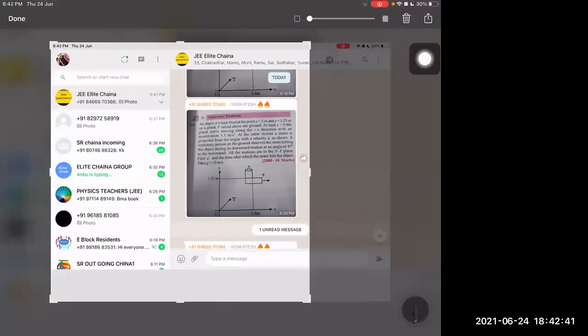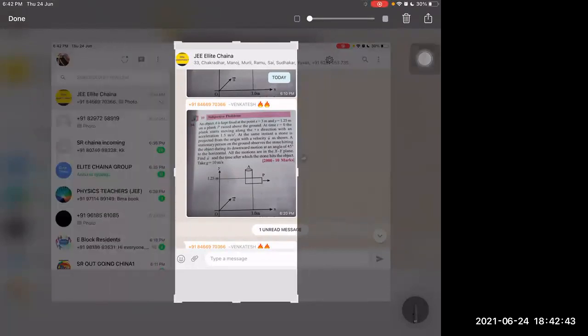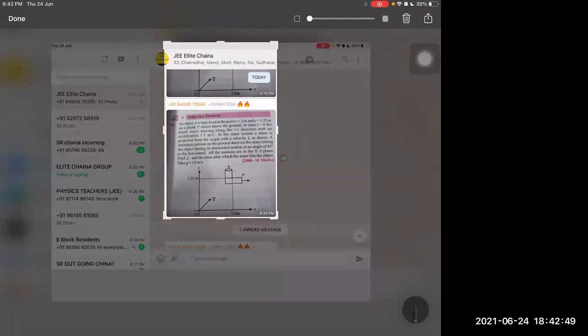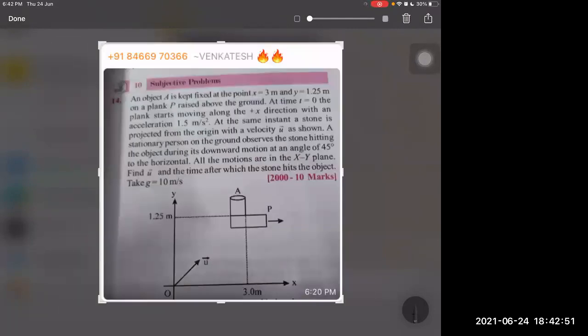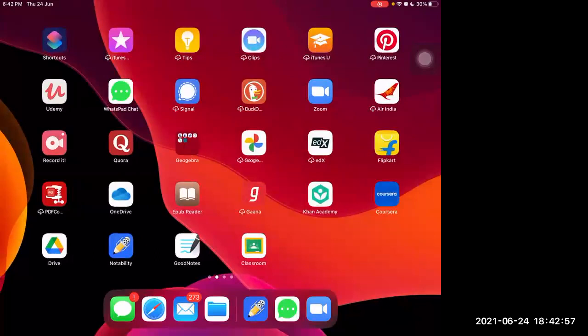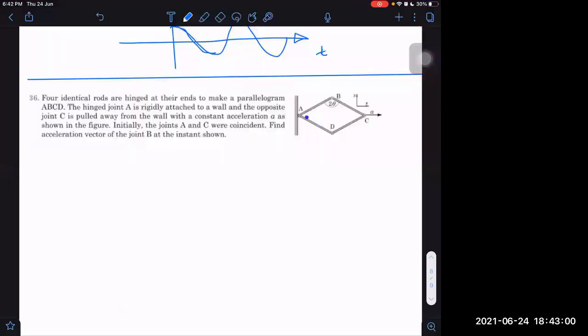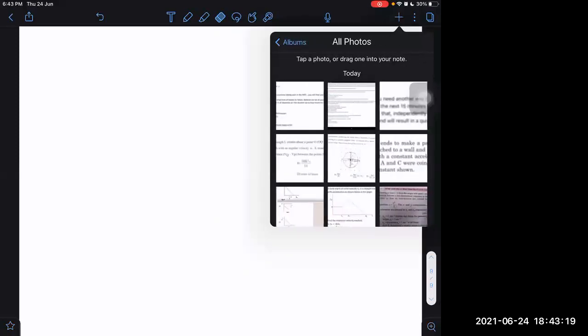Have you done some other questions of projectile or not? First, you tell me this. Have you done any questions of projectile from the assignment? Done or not, Venkatesh? Yes, sir, I have done. Then you have the right to ask. But if you have not really done anything, this is not a good time to ask this question, because first you should do the basics. How many questions are you able to finish in the assignment? All or not all? I have done few questions only, sir. Five or six.